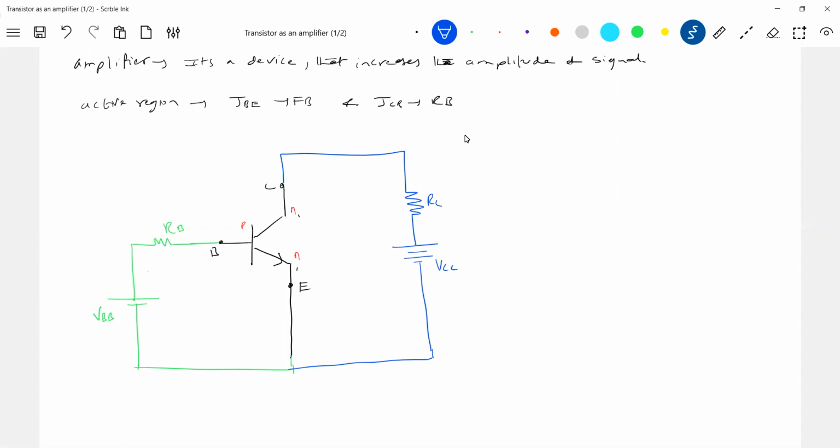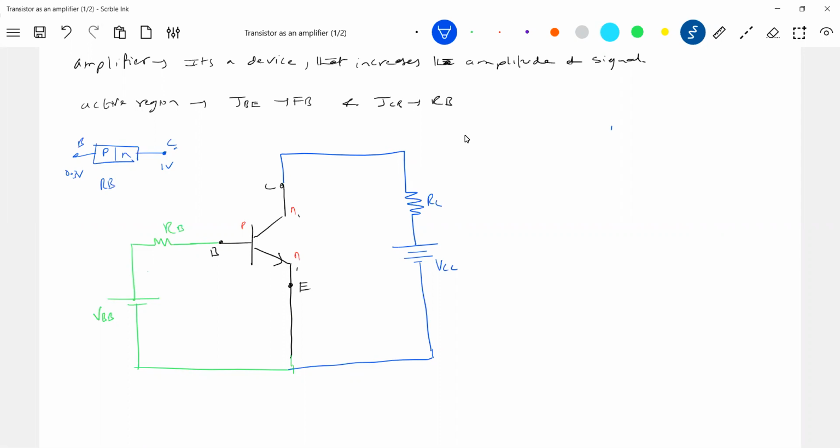Now you can ask questions like, you said the collector-base junction should be reverse biased. This negative terminal should be connected to the base. Here, look at the collector-base junction. What is the trick here? The trick here is base is P type, collector is N type. If I make the N type more positive than the P type, it will become reverse biased. Can you remember? If this is say 1 volt and this is say 0.3 volt, will it be reverse biased or forward biased? It will be reverse biased, no?